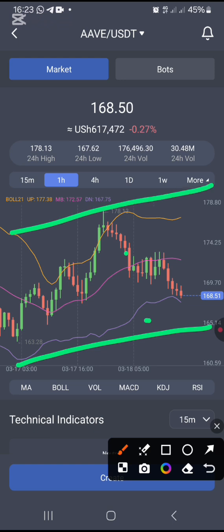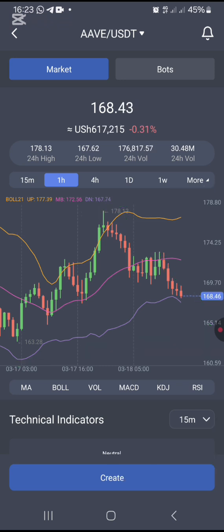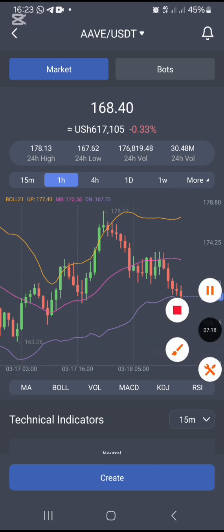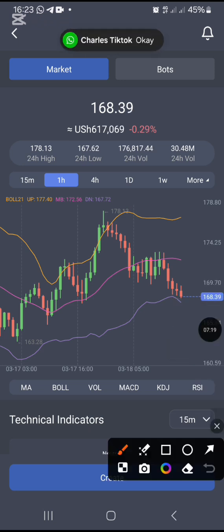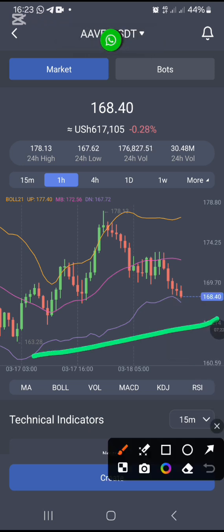Then this area up is called an area of overbought. Buyers have been buying and they have started taking profit. When buyers start taking profit, you will see the market moving down. So when the price action approaches the oversold region,